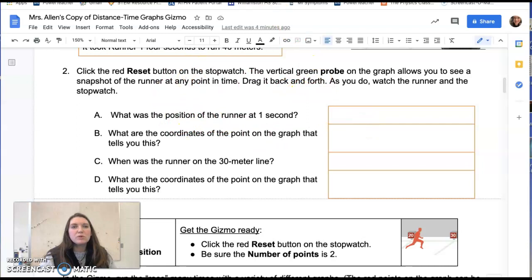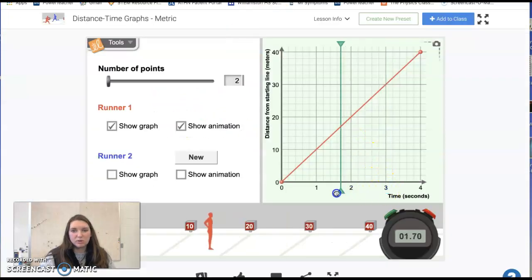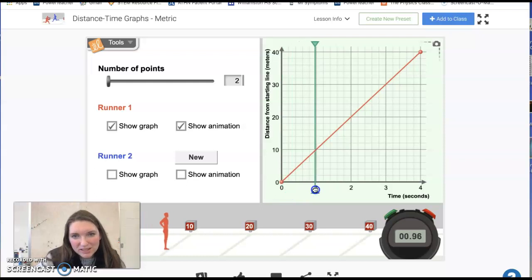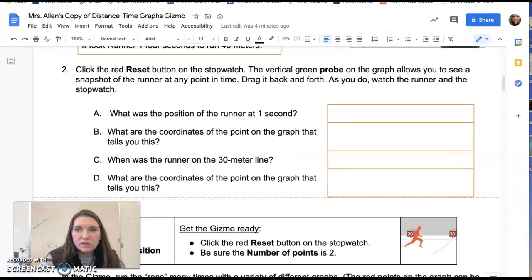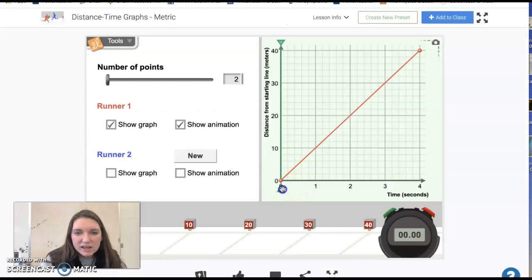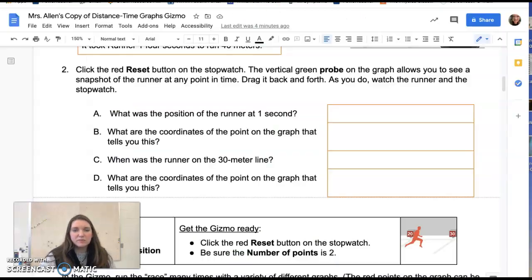There's this vertical green probe. It looks like this. This is the probe they're talking about, and you can pinpoint a spot with it. So what it asks is, what is the position of the runner at 1 second? At 1 second, the runner has run 10 meters, okay? And we can tell that because we can see 1 second and 10 meters there. On the 30-meter line,